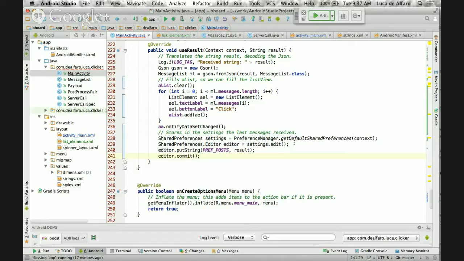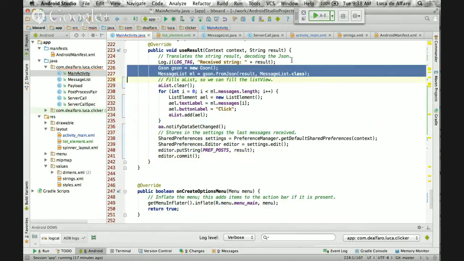At this point, I've stored what I had, okay? Now I need to do the other way around. So I need to make sure that when the app starts, I read this, I de-JSONize it, and I use it in the proper way. And since we have already this,